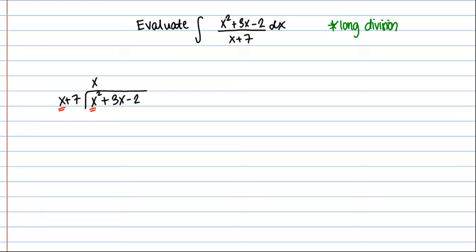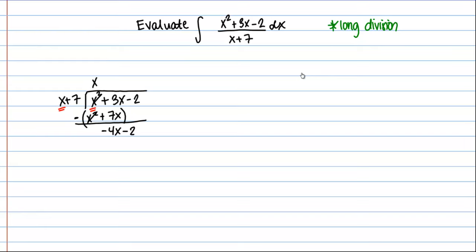So x times x plus 7 is going to give me x squared plus 7x, and then I'm going to subtract that quantity down below here. Okay, so x squared minus x squared is just 0. And then I've got 3x minus 7x, so that gives me negative 4x, and then I can bring down this